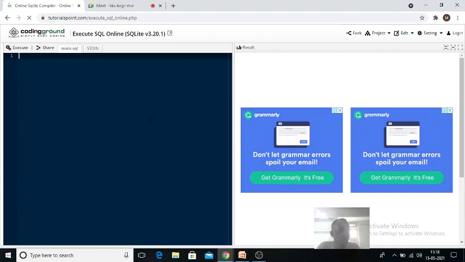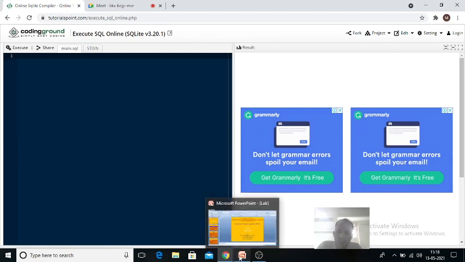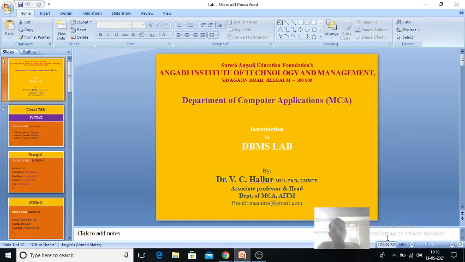The blue area is for typing our programs, and the white area is for seeing the results. Now let me try to explain the things on this.